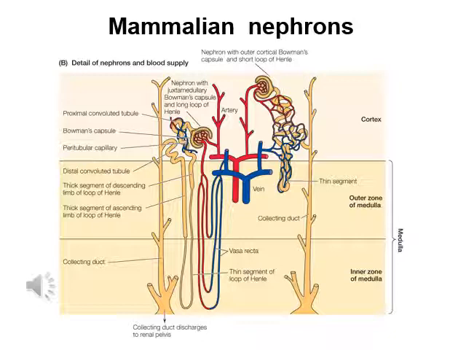What's noticeably different is the long expansion of the intermediate segment that's called the loop of Henle. There are descending and ascending limbs of the loop of Henle, and they play different functions that you need to understand. There is also a thick and thin segment of the loop of Henle. This spatial alignment of the nephron is key to its function. So you can see that the urine flows down the loop of Henle, then back up before entering into the